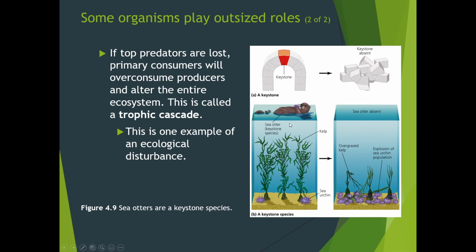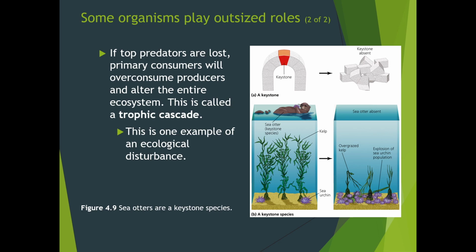And when we took them out, the sea urchins just went to town because they had no predators, and they took out all the kelp. When that kelp is gone, it's a kelp forest, they call it a kelp forest, just like where the coral reefs are gone, Nemo has no place to live. And the ecosystem actually collapsed.